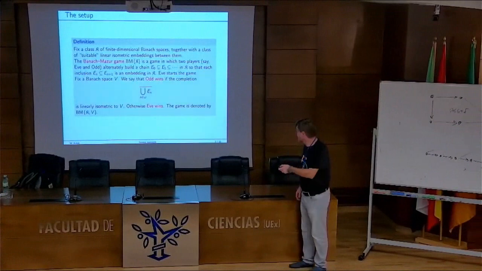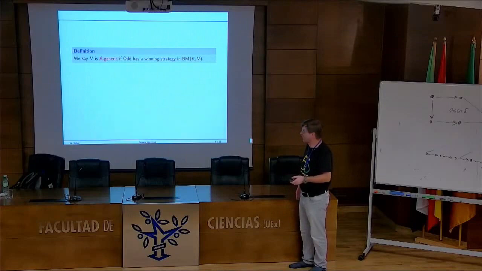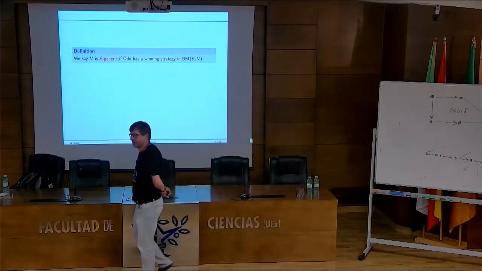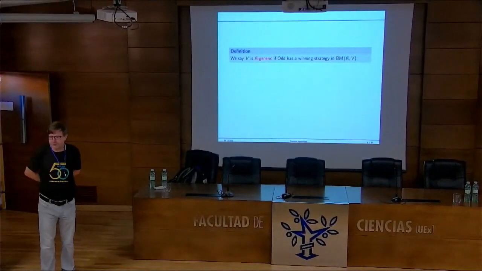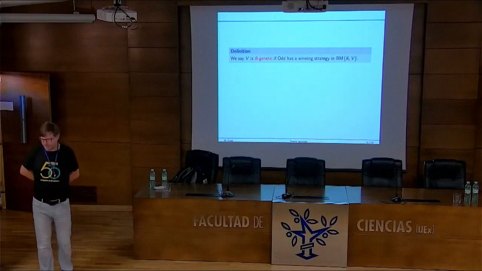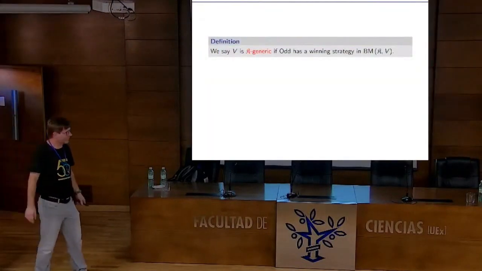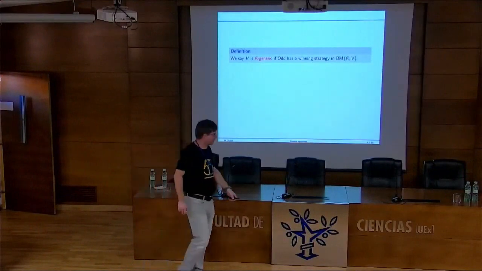All right, now a space is generic, K generic or generic over K, if the second player has a winning strategy. Typically you would expect that being generic is like being residual in a reasonable topology. So there is a reasonable topology indeed, such that genericity in the sense of the game is like being generic in the sense of the classical Banach-Mazur game, and this means being residual. Isometric copies form a residual set.